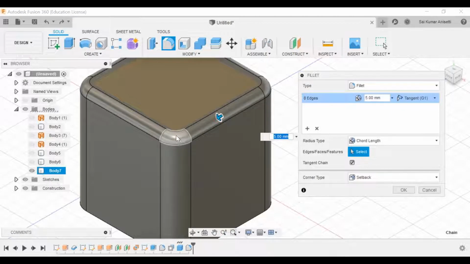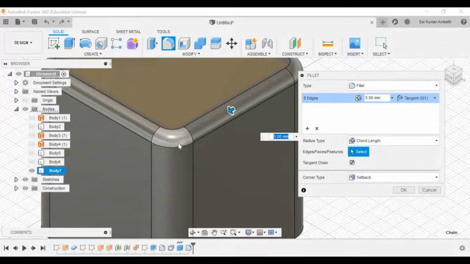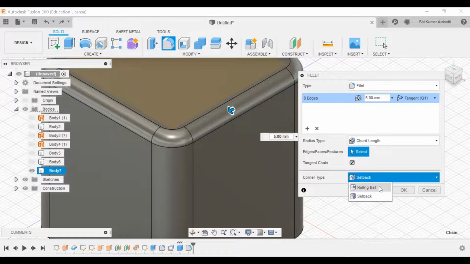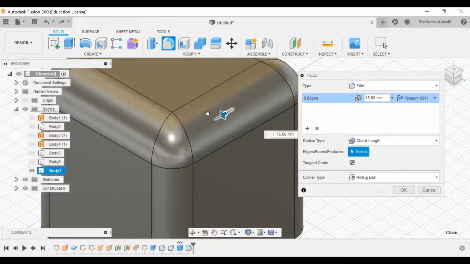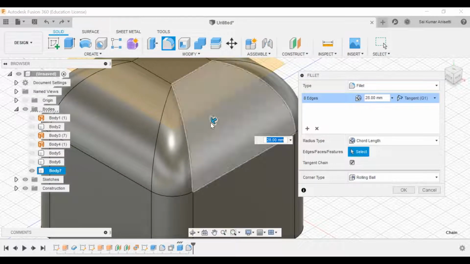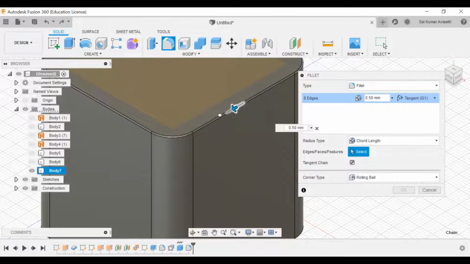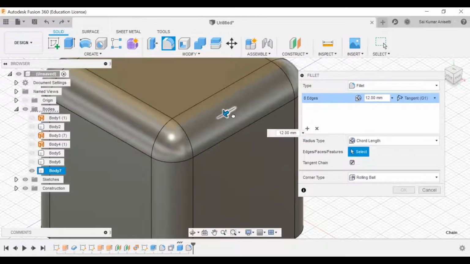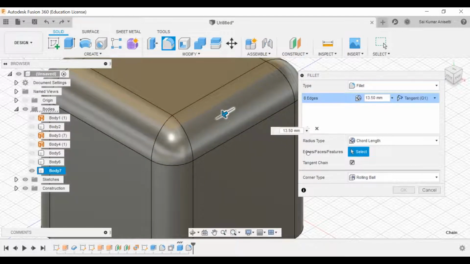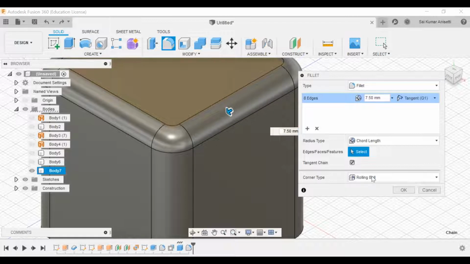If you observe over here, if you don't give an extra radius, it will become a simple setback corner. And if you go to rolling ball type and if you extend the radius, it will go to a rolling ball type. Okay, this is a normal, this is a rolling ball type. This is a simple.